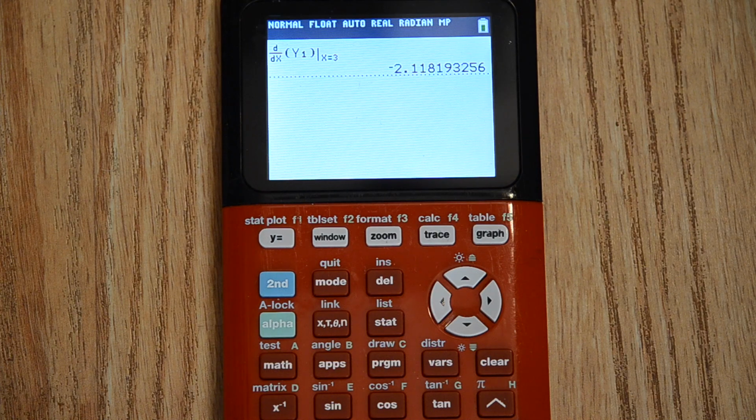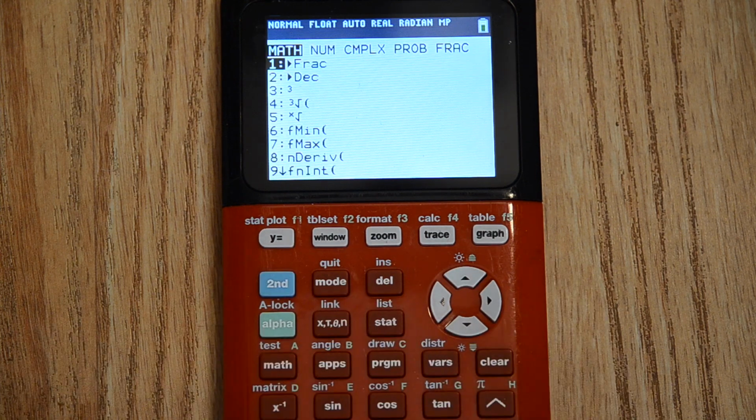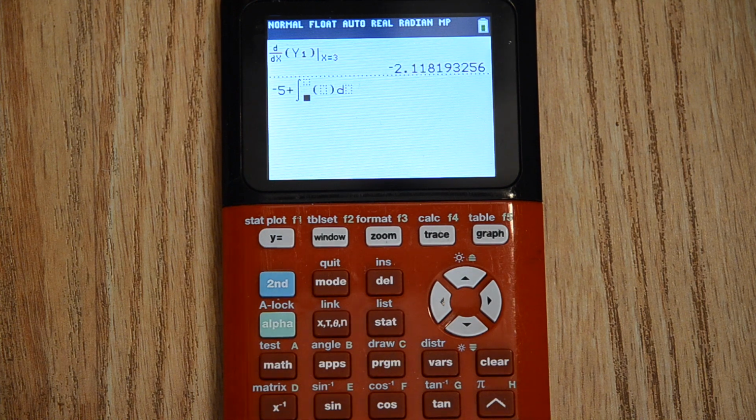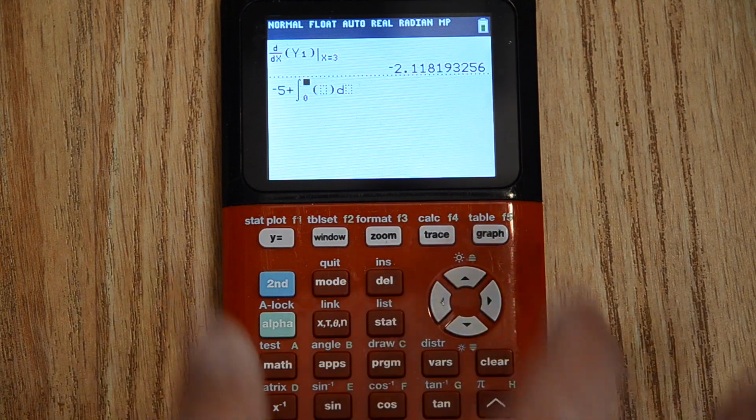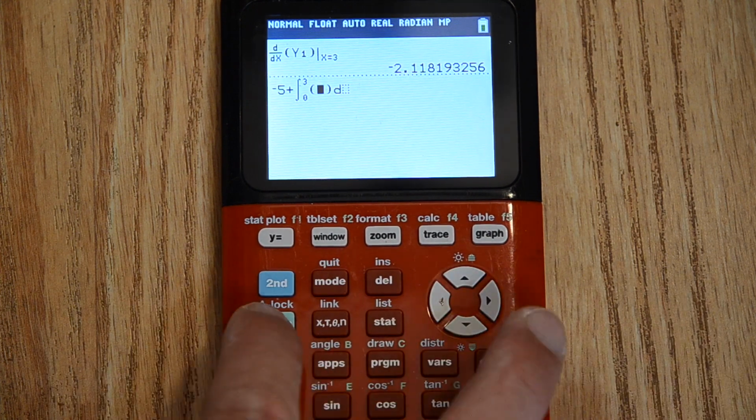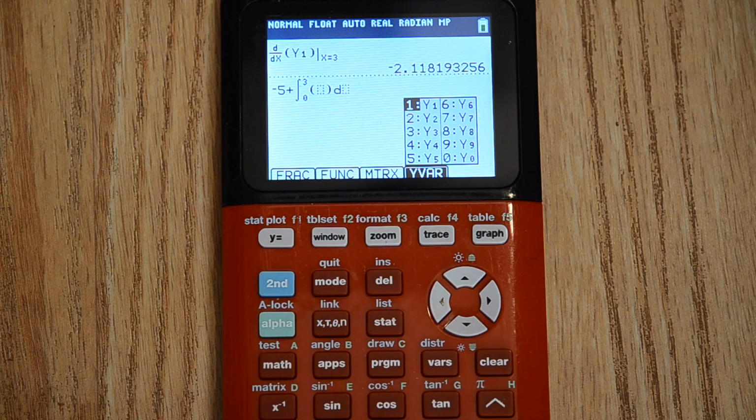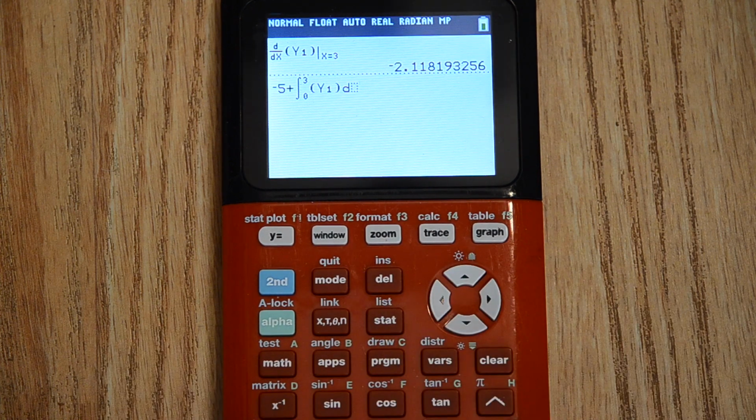So now with part B, since we were smart and have that velocity function stored, we're just going to put in -5 for that initial position. Plus, now instead of taking a numerical derivative, we're going to take a numerical integral, so that's choice 9, as the software is in my calculator currently. Lower limit of 0, upper limit of 3, and we put that velocity function into y sub 1, again with respect to x for the integration. And there is our position of the particle at time 3.